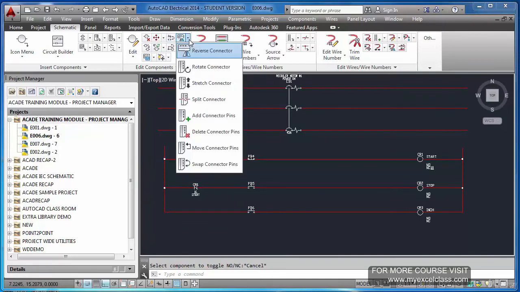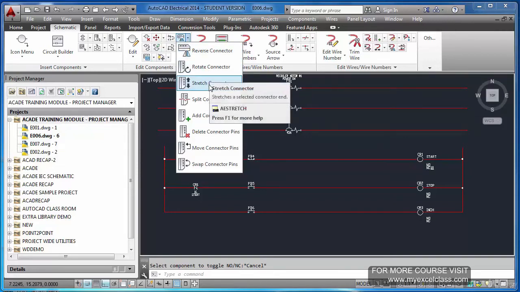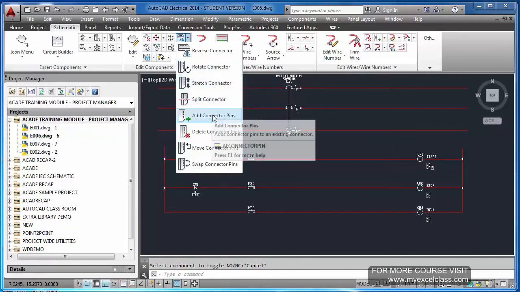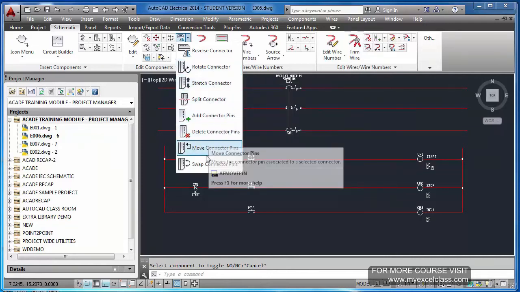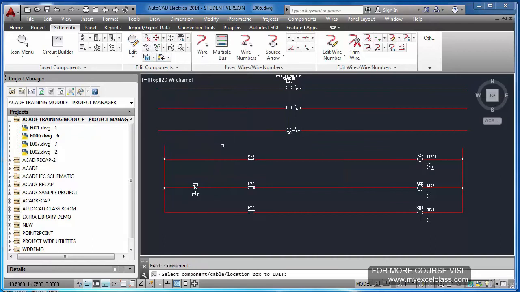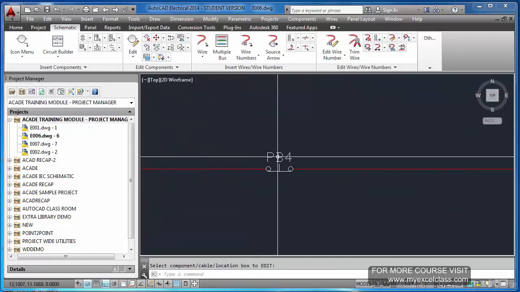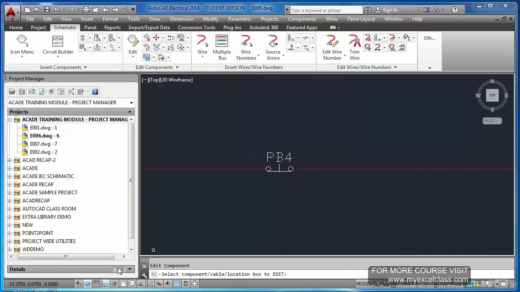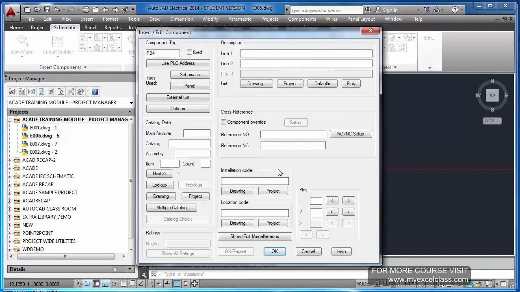And coming back to here, there are many options: swap connector pins, rotate connector, stretch connector, reverse connector. I will show one small example here. Sometimes, by keeping the snap mode on, you may not be able to properly select this component.